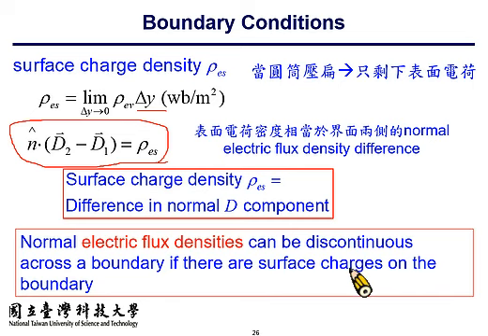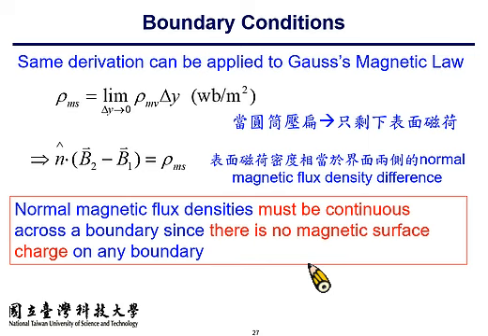On the other hand, if there is no surface charge on the boundary, then the normal component of electrical flux density across the interface must be continuous. 所以有表面电荷的话，那你的 normal component 电通量密度的 normal component 可以不同，两边可以不同。但反过来讲，假如你没有表面电荷的话，电通量两边的电通量密度的垂直分量就必须要相同。